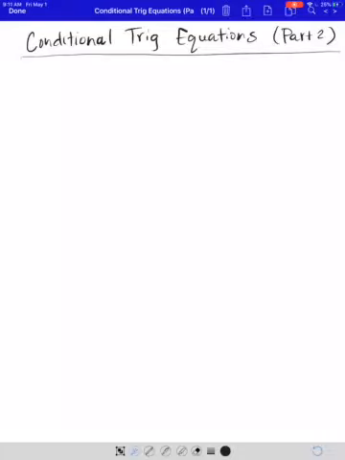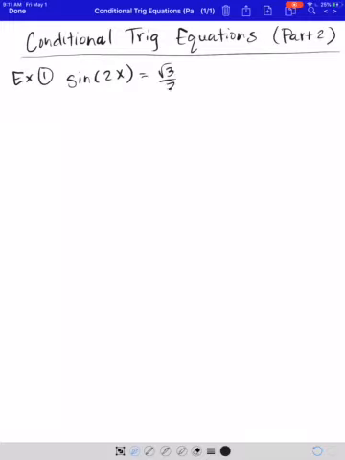Let's continue talking about conditional trig equations. And by a conditional trig equation, that just means we actually have to solve the equation, as opposed to a trig identity, which is an equation that is always true. So for our first example, let's solve the equation sine of 2x is equal to the square root of 3